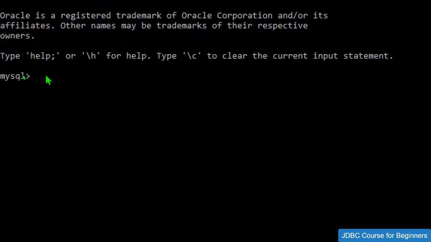If you are using SQLyog or MySQL Workbench, then definitely you will get a better user interface in which you can interact with the tables. As of now I'm using the MySQL command line, so I'm just writing some commands like use jdbcdb, which is my database name. Then I just need to use select star from student, which is my table name.